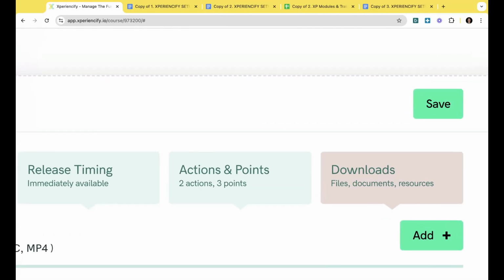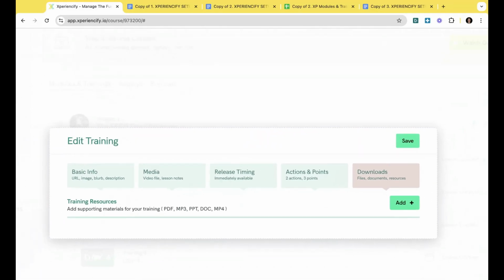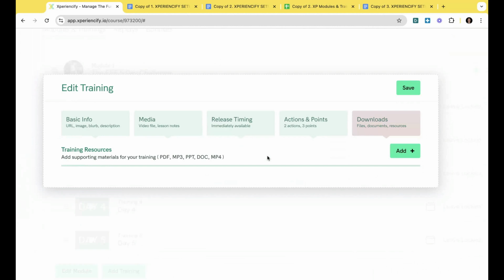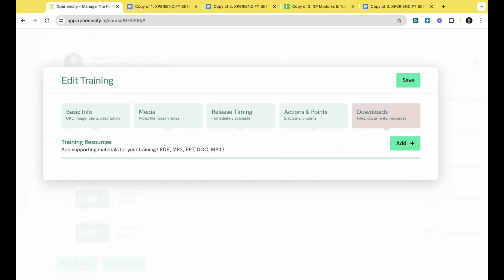And still one of my favorite things is that this is not a section where you will download anything. This is where you add other materials, you upload other materials that your learners will then download. So let's just say, in my case, if you took my fitness challenge, every day they can download a recipe for the day, for breakfast, lunch, dinner, and a snack. And so those are worksheets that I have put in there.